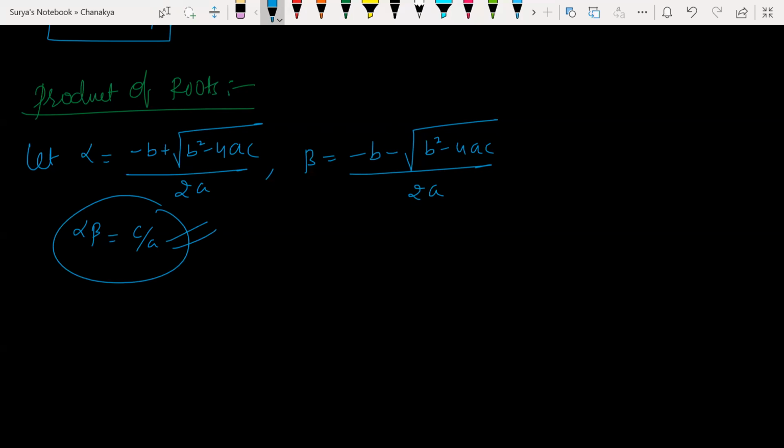So let's get started with our exercise. See guys, I do not know how many exercises you have, but very easy sums you will be having, I'm sure of that. So please go through that. In the first exercise, you have the problems related to exercise 4.1. Let us solve the 4.1 exercise.